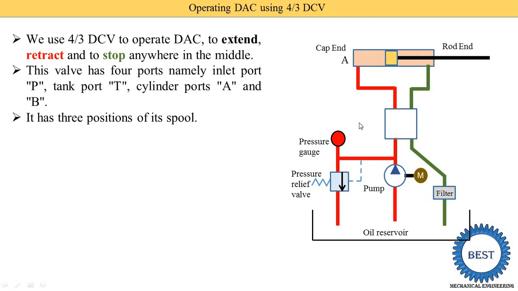Here we draw the directional control valve. We draw 3 squares, because the 4x3 DCV is given. In every square 4 ports are provided. Here you see the P port, because pressurized oil is coming. This is the A port, called cylinder port A. Oil is supplied in the first position from P to A. This is the B port and this is the T port. In the first position, oil from the right side of the piston is again returned to the tank. Here you see the downward arrow.